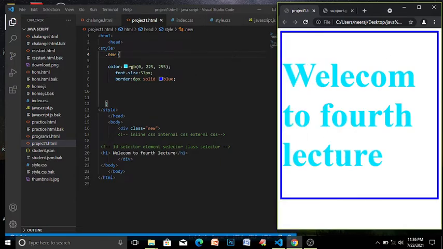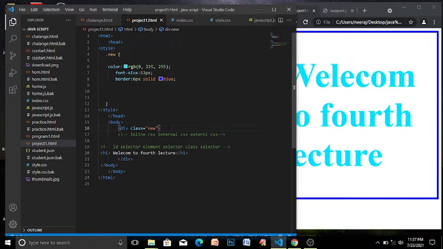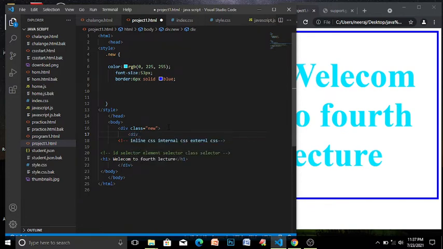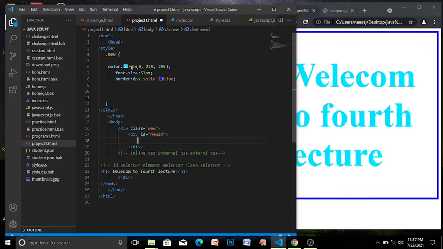Now let's see what the ID selector is. What is the use of an ID selector if there is a class selector? Let's assume there is a class new, and inside that we are making an ID. An ID is always written as div id equal to your ID name. That's the new ID. Close it and keep it here.